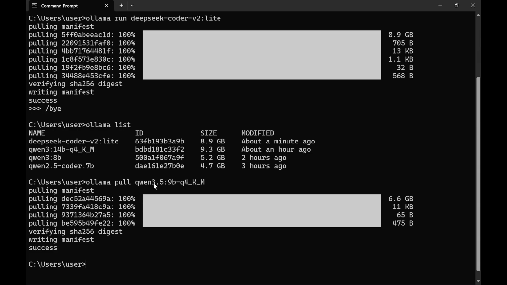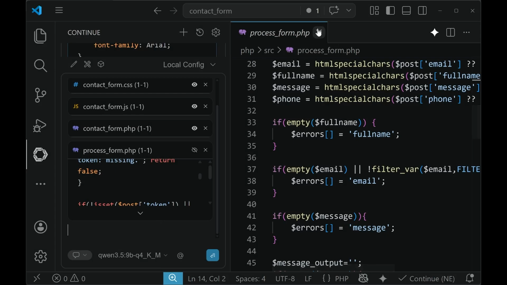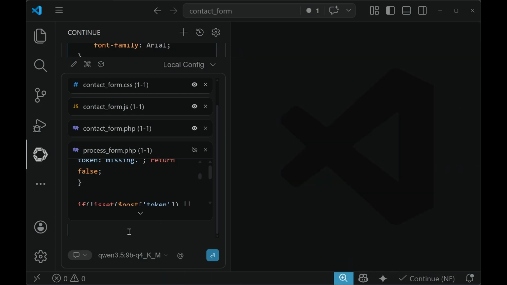It's also interesting to notice that the 3.5 model from Qwen is better than the third version with 14 billion parameters, despite in the previous one we have just 9 billion parameters. But the reason is that it's highly optimized for coding. So if I would like to have a query and run it to see in live the speed